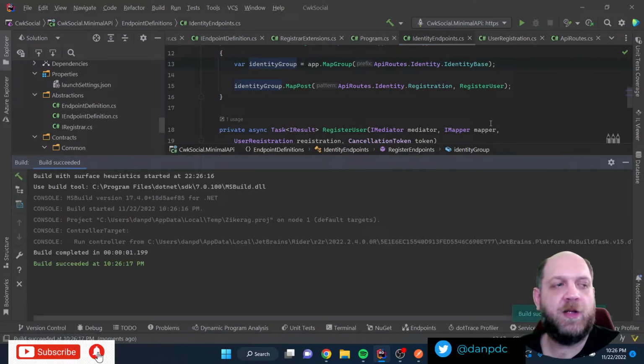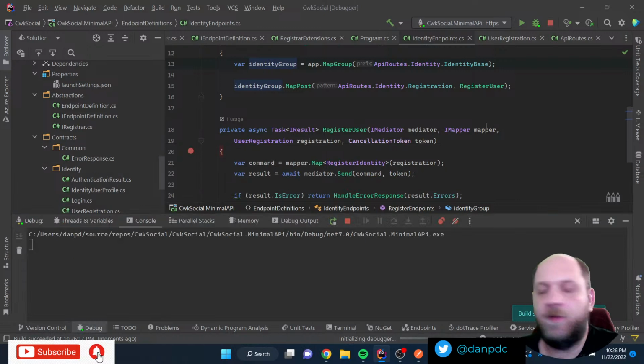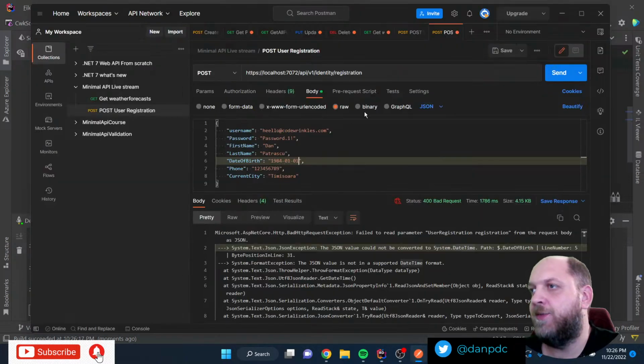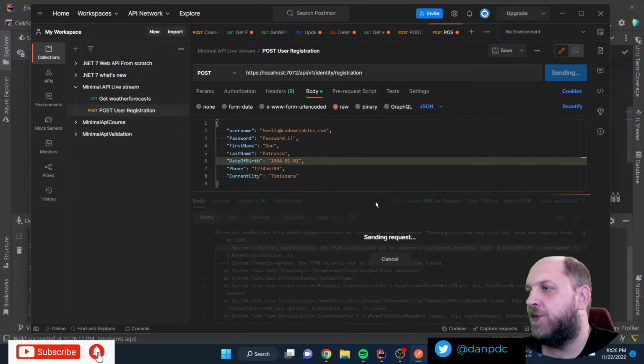But the fact that we got the error is actually very nice. It means that we did everything right until that point. And it also means that model binding worked. So the minimal API tried to actually bind that model from the request to my user registration object. So that is already a very, very good sign. Let me just try again.